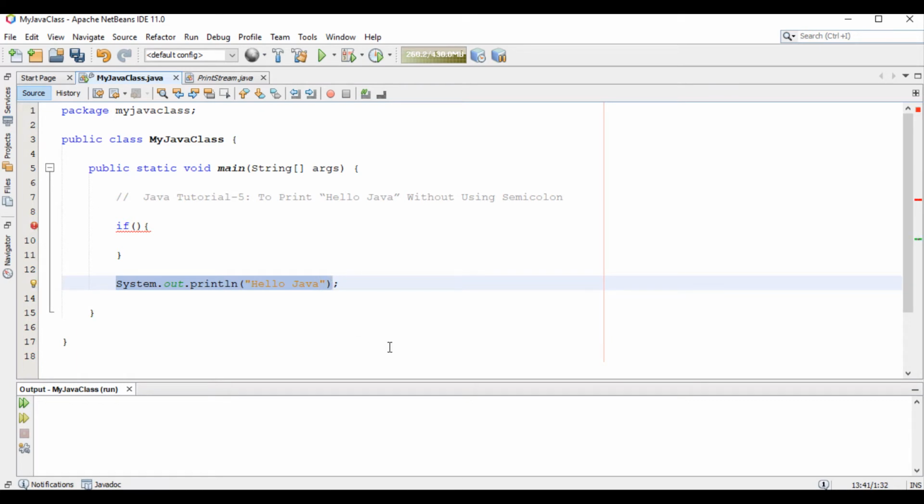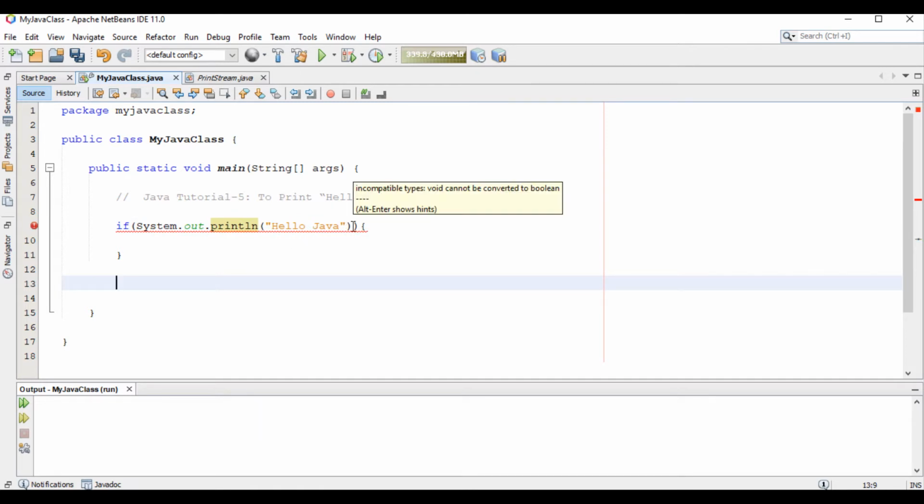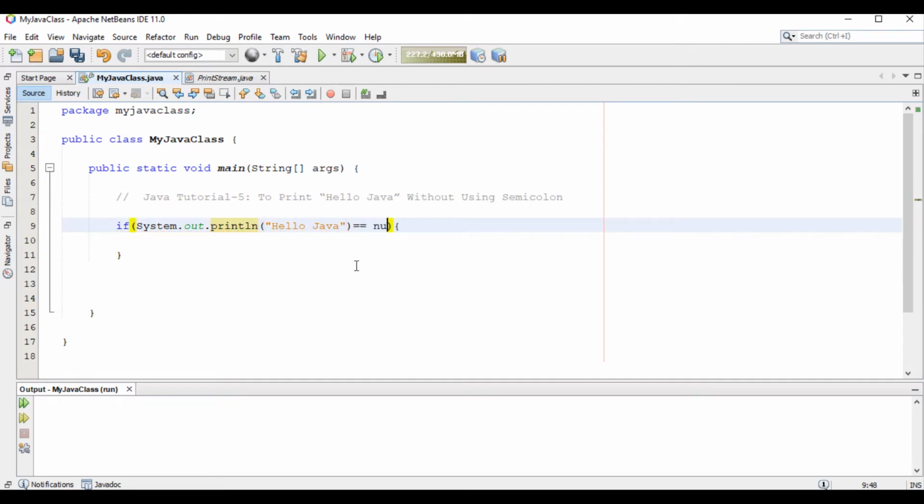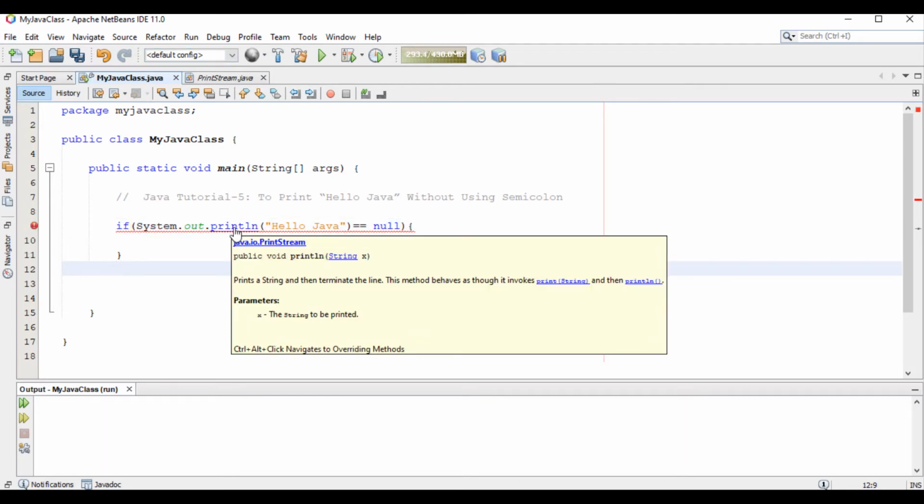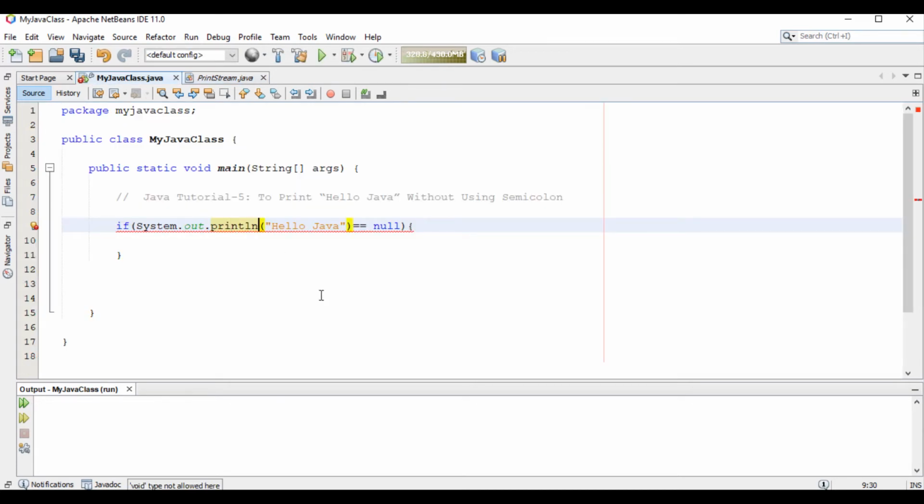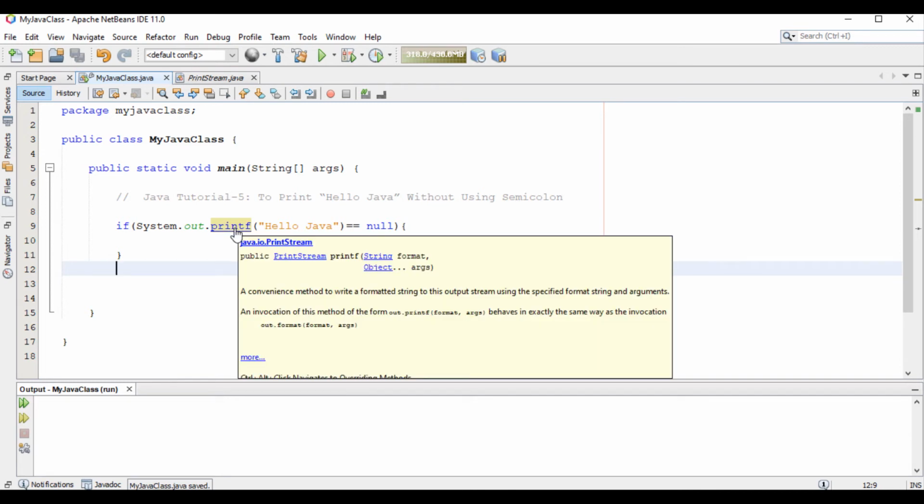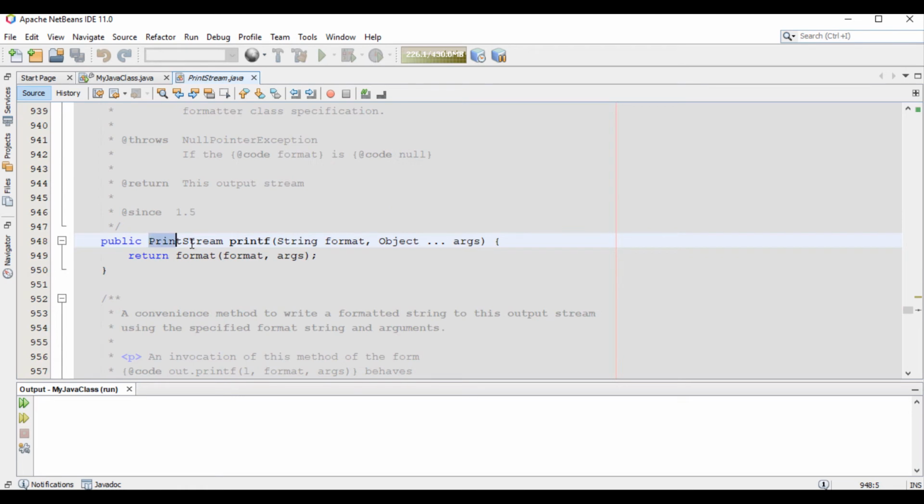Copying this one, equal null. First check this method println. This void method returns void. I can use another method, that is printf. Printf, click this one, print string. This printf returns print stream,